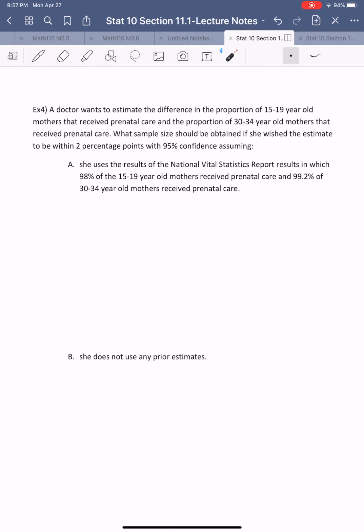What sample size should be obtained if she wishes the estimate to be within 2 percentage points with 95% confidence, assuming, A, she used the results of the National Vital Statistics Report in which 98% of the 15 to 19-year-old mothers received prenatal care, and 99.2% of the 30 to 34-year-old mothers received prenatal care. So in order to compare, now we know that we have E is 0.02